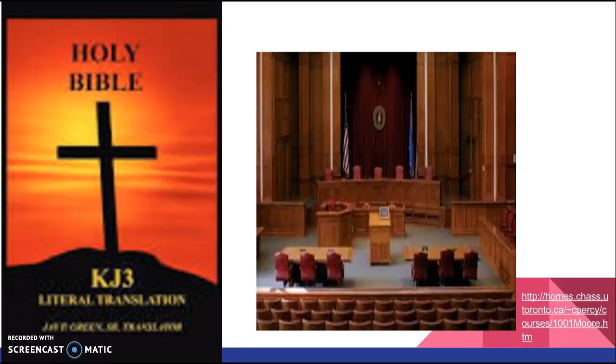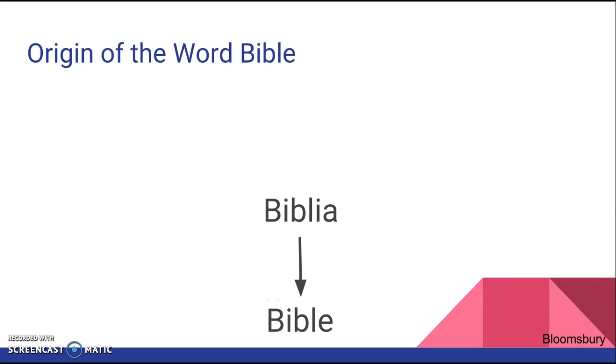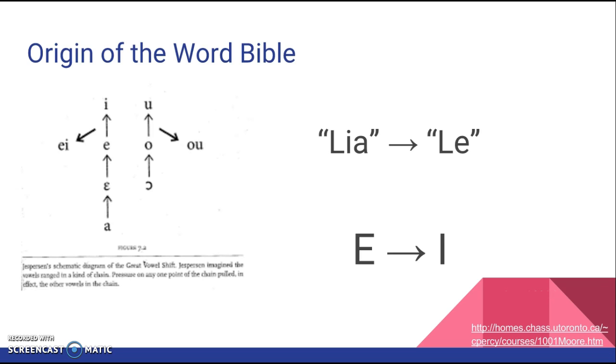For example, a modern English word that we use today which derived from Latin is the word Bible. The word Bible is from Middle English, which comes from the Latin word biblia, which comes from the Greek word biblos, which means papyrus or scroll. One reason this change happened was because of the Great Vowel Shift in the 1400s. The E sound in biblia and biblos became a long I sound to form the vowel sound of Bible. This was a result of vowel sounds being made higher up in the mouth. Another change was the weakening of consonants. The lia suffix sound in Latin weakened to become the l sound.